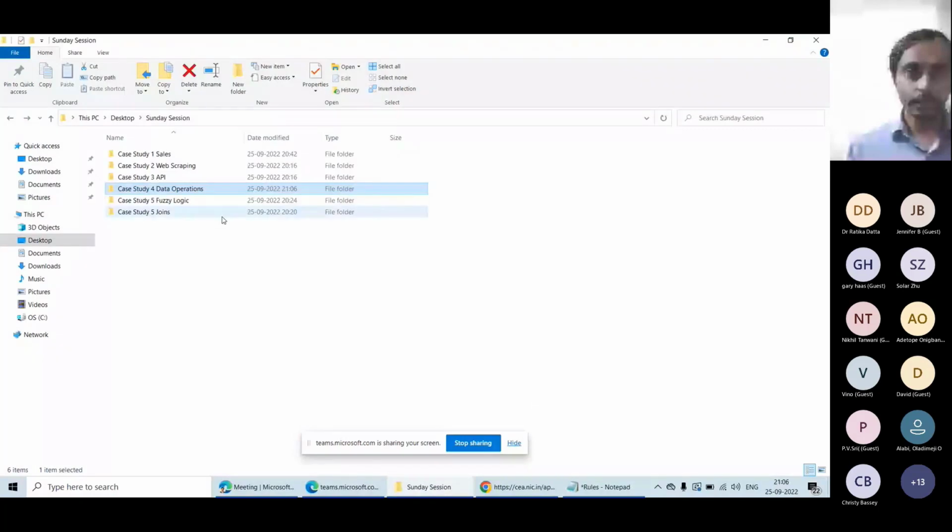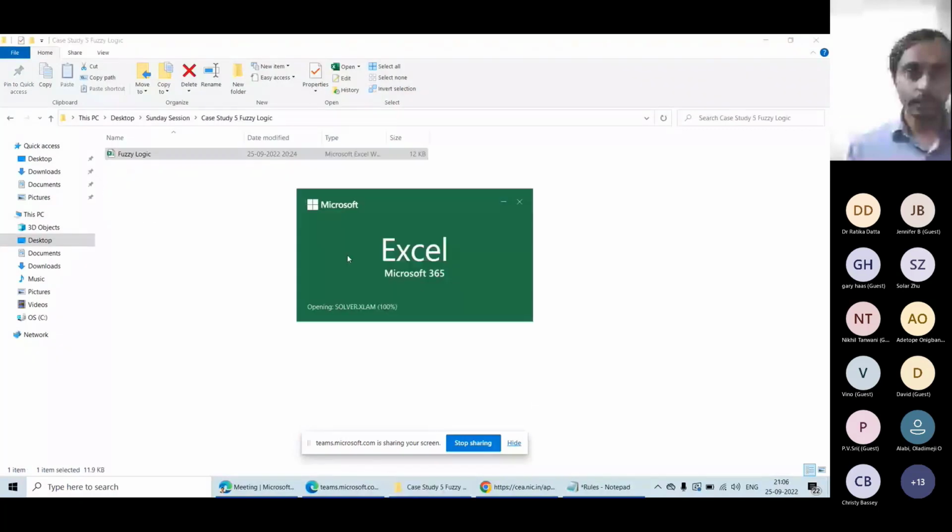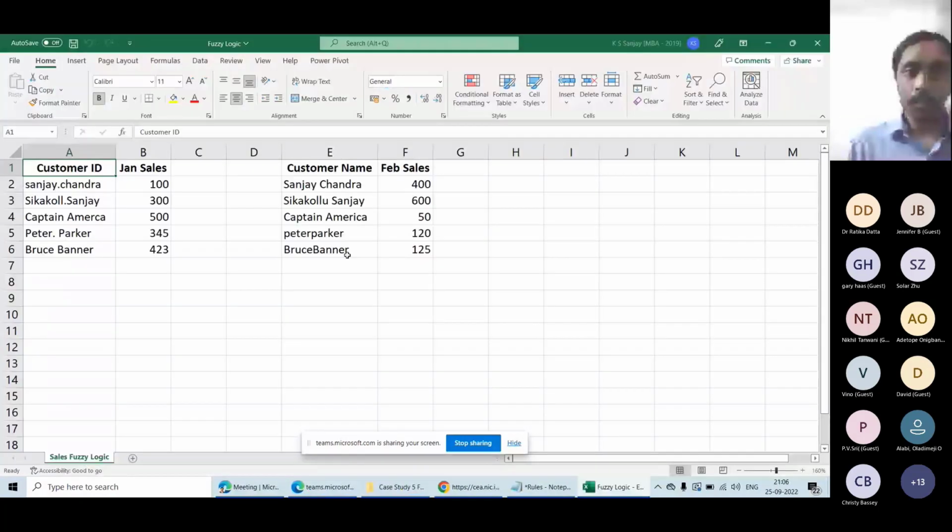So let me open the fuzzy logic file and walk you through this case study, how it works. Now I have sales of January, sales of February. There is a mismatch. If you look at Sanjay Chandra, if you look at this,